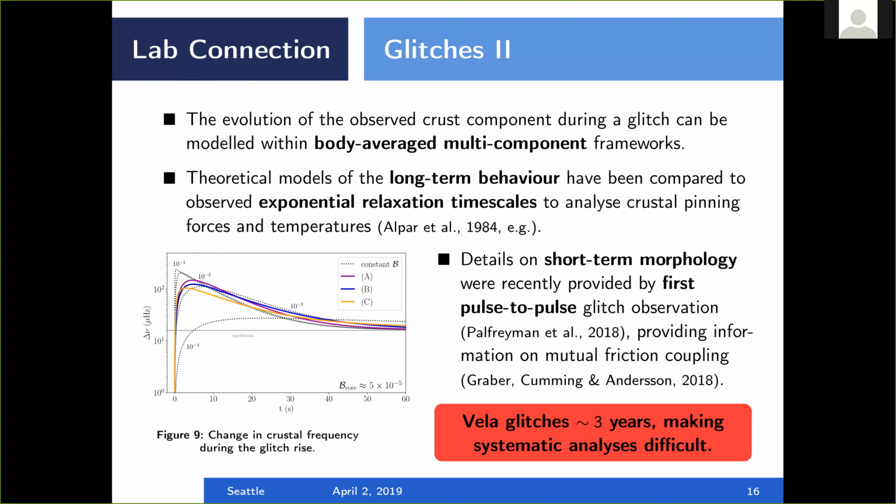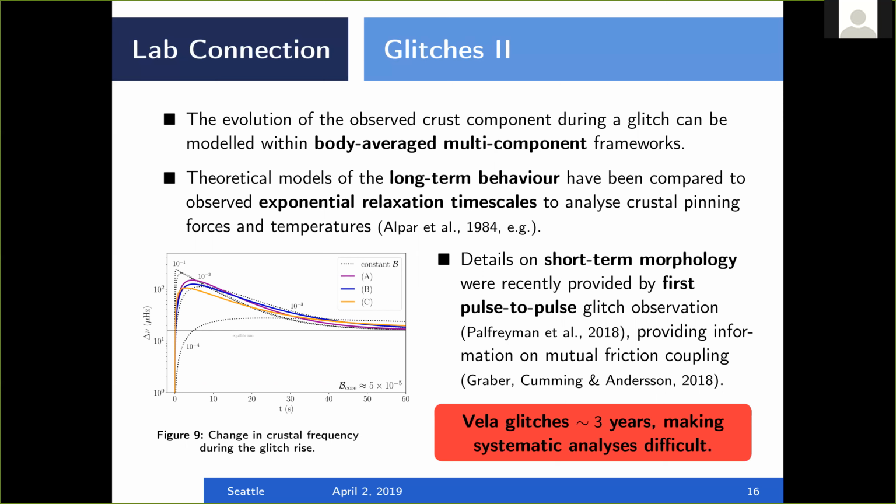Okay, so the evolution of the observed component is typically modeled within these body averaged multi-component frameworks. And the first thing that people did when this all came up was to extract these long exponential relaxation timescales from observations and compare them to microphysics in the crust, and for example, explain this in terms of specific crustal pinning energies and the temperature that you get in the crust. This was all pioneered by Ali Alper, and he's worked a lot on this since then. But that was focused on the long-term